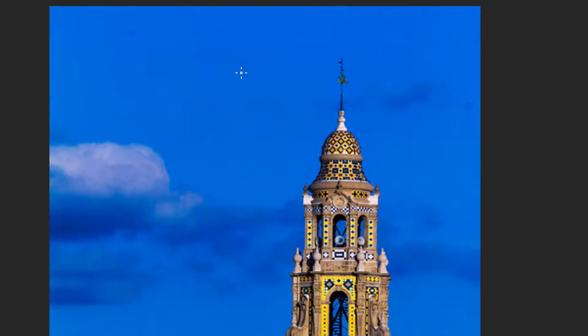With that, now we can come over. I'm going to make the brush a little bigger. This is a brush tool. I'm using my bracket key. I want to make it a little bigger than that spot. Now when I click on it, it turns black. When I let it go, that spot's gone. I can do the same thing here. I'm going to click on it, let go, spot's gone. That makes a really easy way to go through and clean up